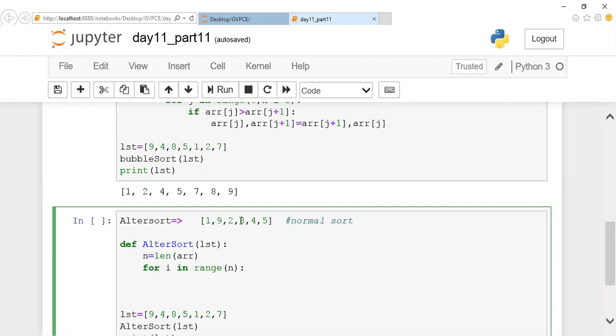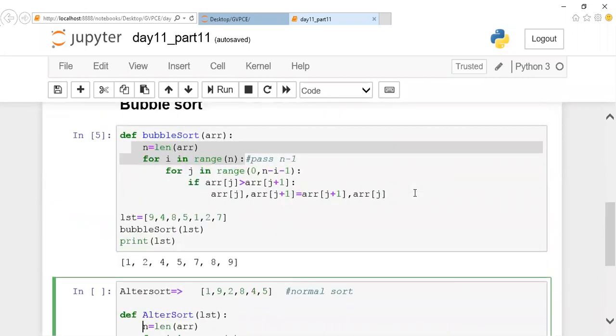Okay, Sudhir has written, what you have written? Minus 3, comma 2. What is that, Sudhir? What you have written?